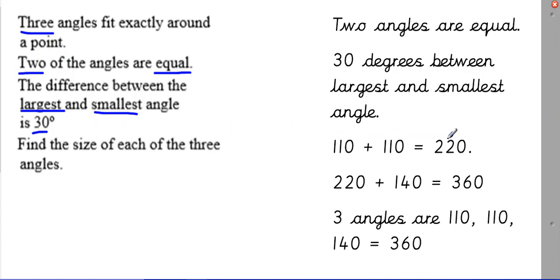So in order to get to 360 degrees then, from 220, we need to add 140, which is 360. So my three angles are 110, 110, and 140. Because remember, we've added 110 twice, first of all, to get 220, and then we've added 140 onto the end of that to get 360. Well done if you got that one correct. If you've got a different answer also, as long as there are 30 degrees difference, two of your angles are equal, and you have made 360 degrees, you've also got that